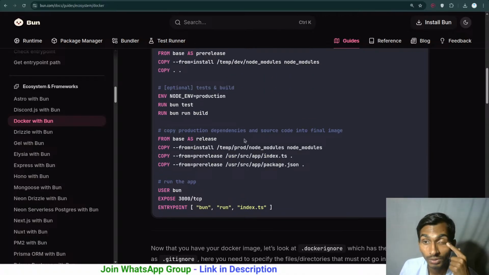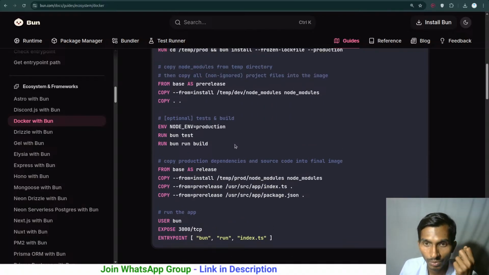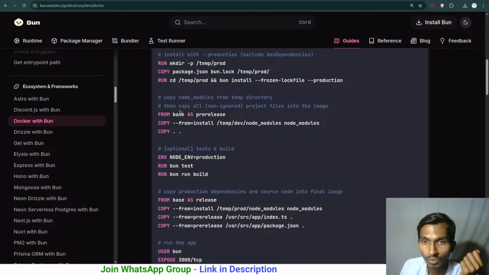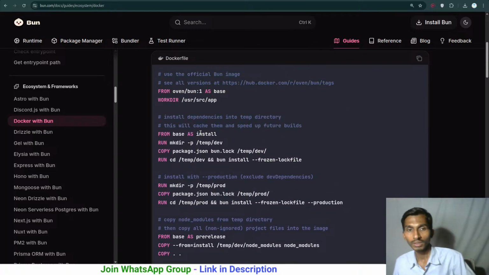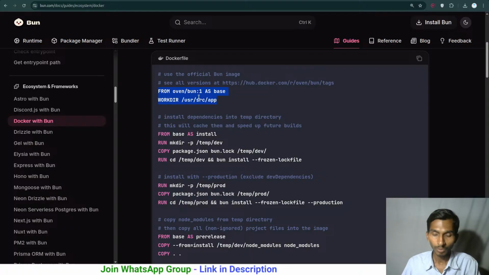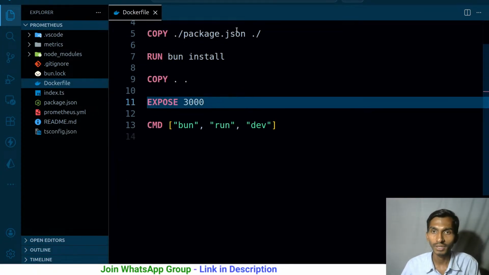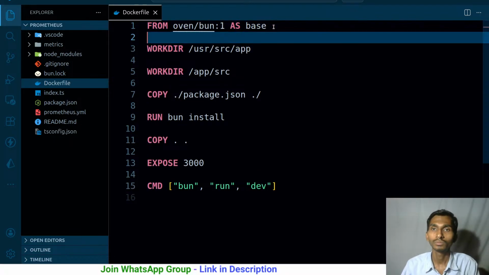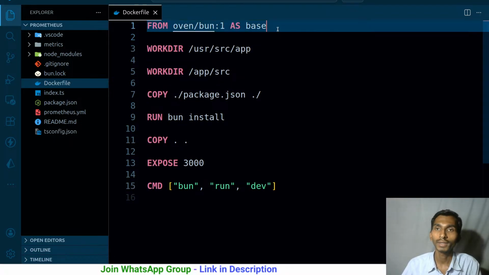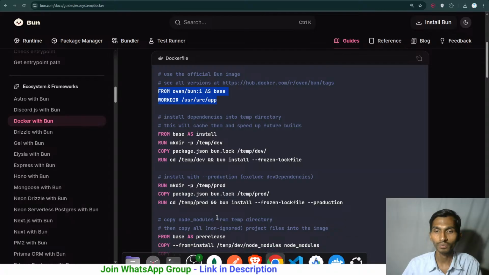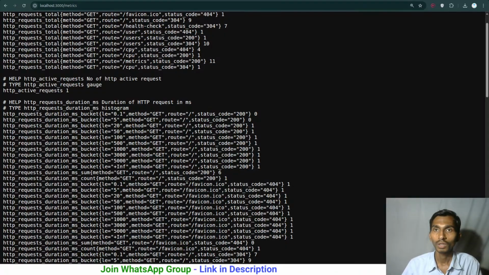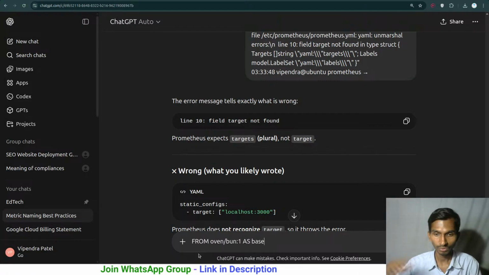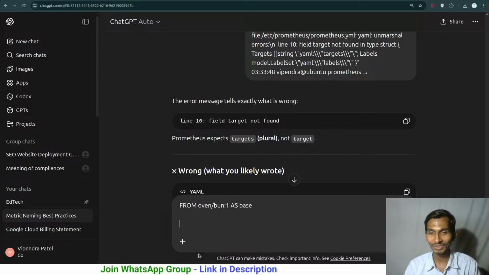Copy production dependencies and source into the final image. This is for the production, but what do I have to go with? Let's do one thing. Let's continue. Copy paste. What else? We'll see what happens later. First thing, what happened? FROM bun:1 AS base. So let me ask even this. AS base means what? But as I have started, I have only one option to just simply go forward. Even if I don't know about something, I'll know that by searching. So AS base means,